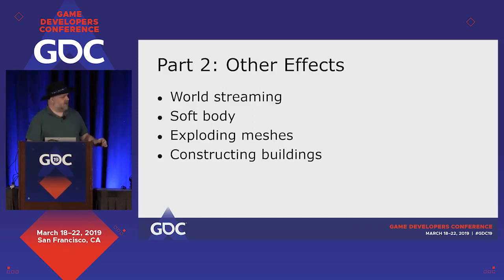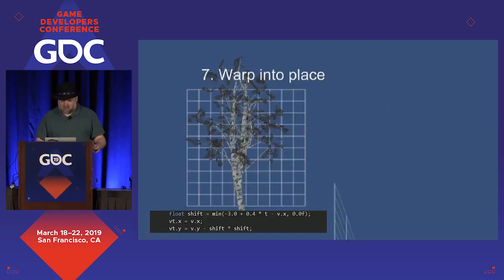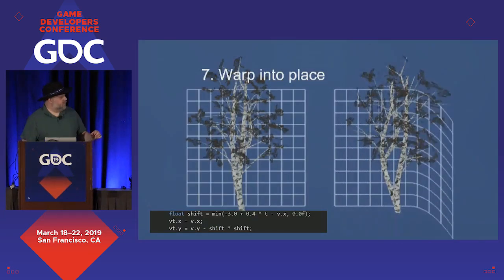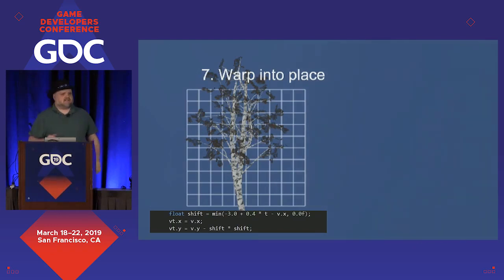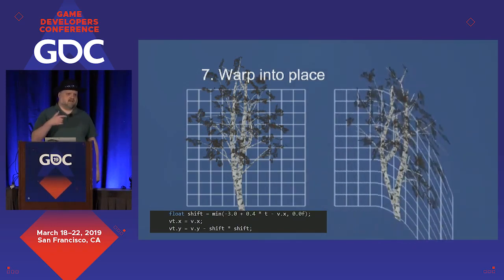Now I'm going to talk about some other effects that are less developed, but that I've used vertex shaders for in the past. And I hope that you guys can take these and get inspired by some ideas and also do cool things in the vertex shader. So one of the things, this looks pretty simple, and all this is doing is a Y offset based on the square